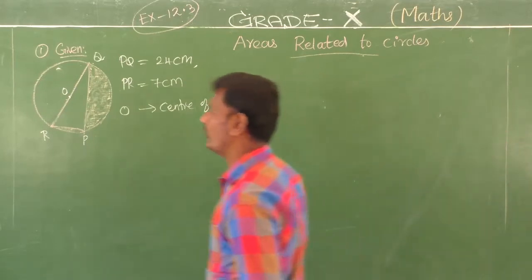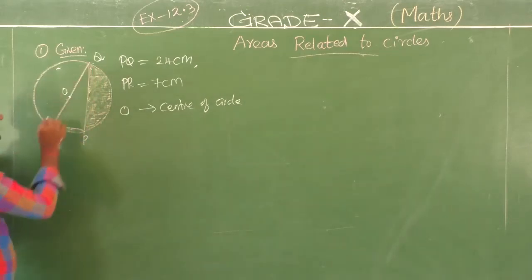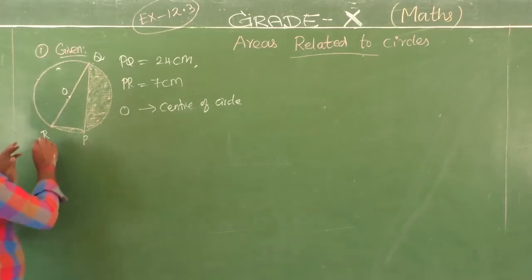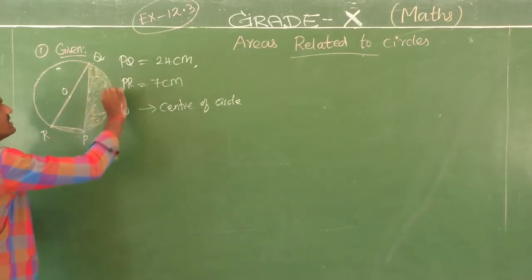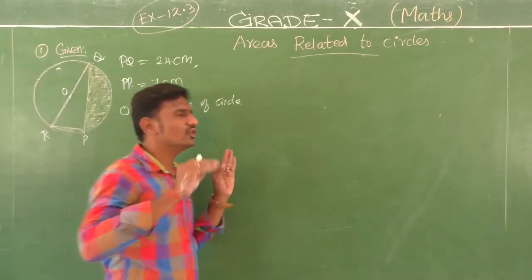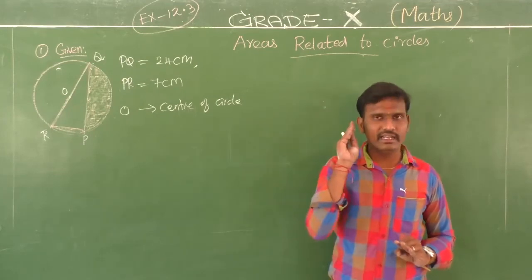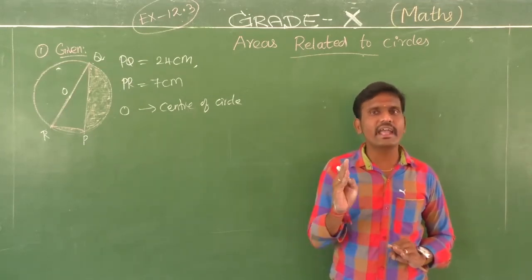Yes, students. Fine. Now before that we know one thing. In a semicircle, we have one angle that is a right angle. That concept you also prepared in your 9th syllabus. Yes, students. In a semicircle, one of the angles in